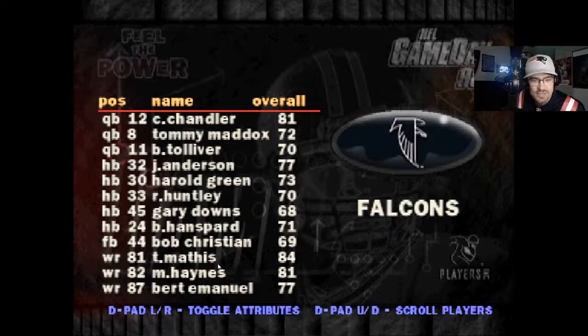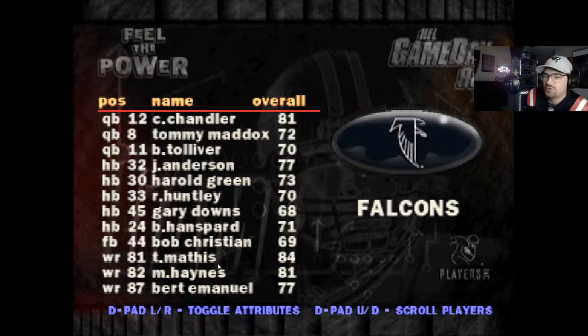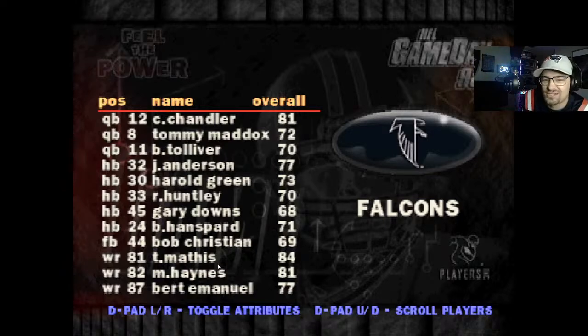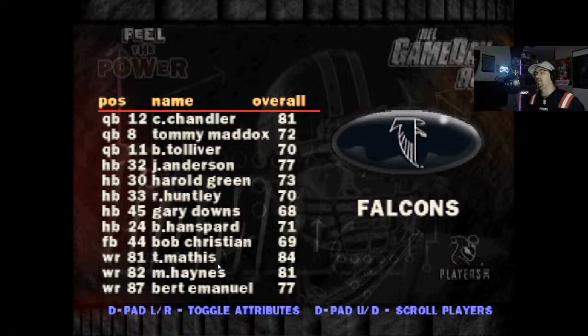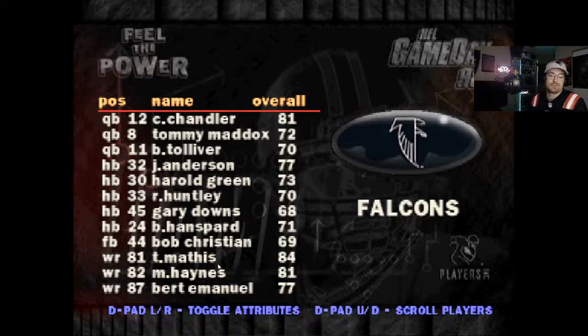But Tommy Maddox is in here on this team. If you don't know who Tommy Maddox is, he was like the MVP of the XFL for its one season back in 2001. But he's probably known to Pittsburgh fans as the guy who Ben Roethlisberger replaced. He got hurt in the game. Ben Roethlisberger came in, and the rest is history. Ben Roethlisberger took that position, never let it go, and Tommy Maddox never played. I don't think he ever played another down again.